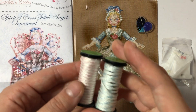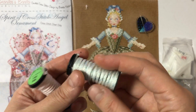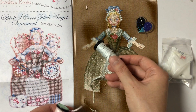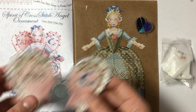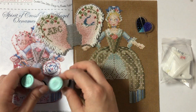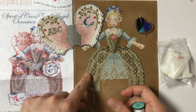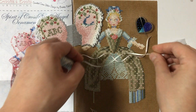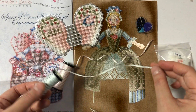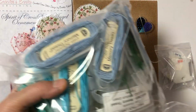These are ribbons. This is white with pink speckles, and this one with blue. And maybe I'll use the blue, but then the wings are pink. So I have my wings here. So maybe to match the wings, I'll use the pink and the polka dots as well. Or I can just double it and use both. So something like this. I kind of like that too,